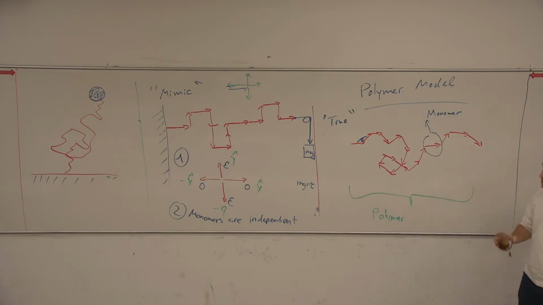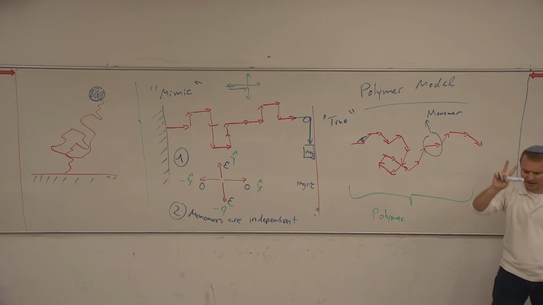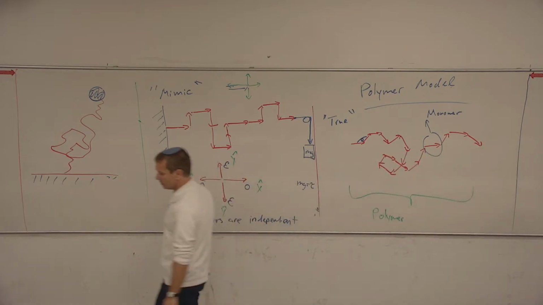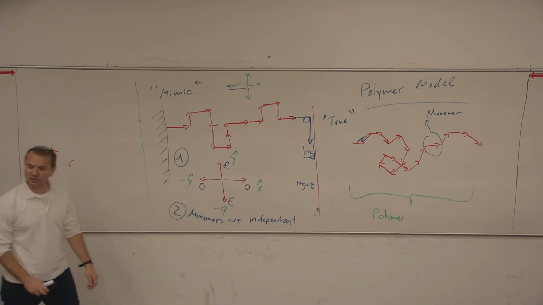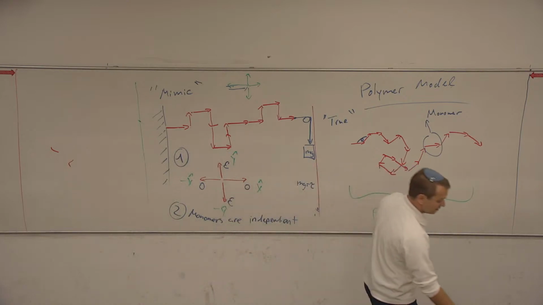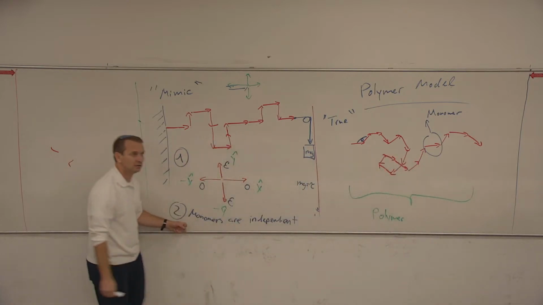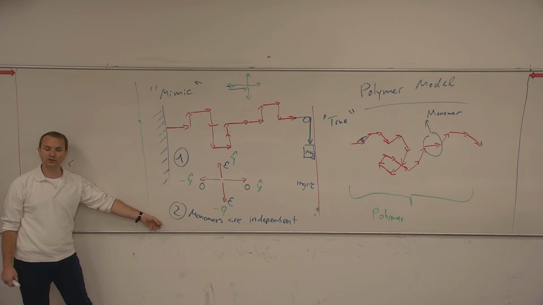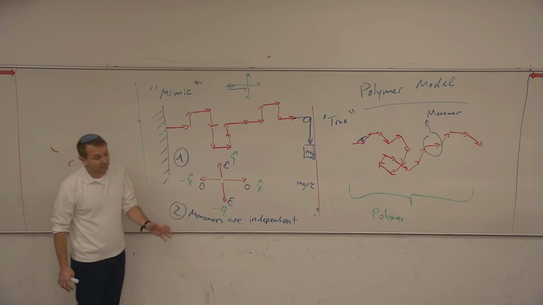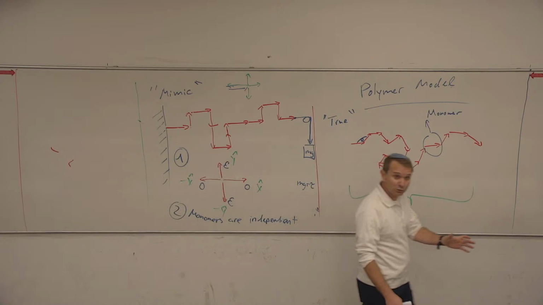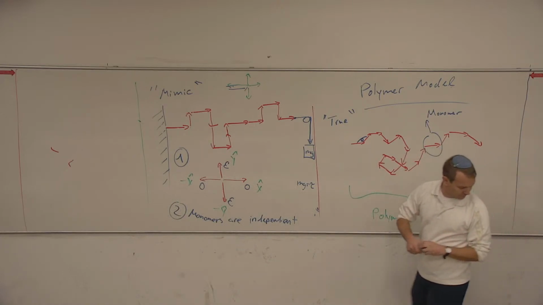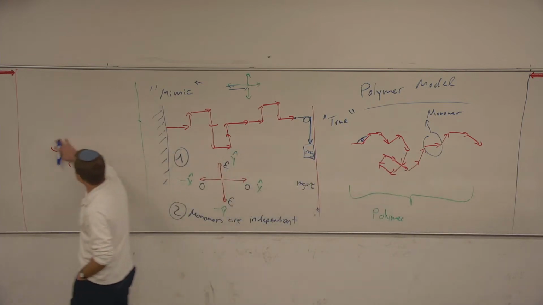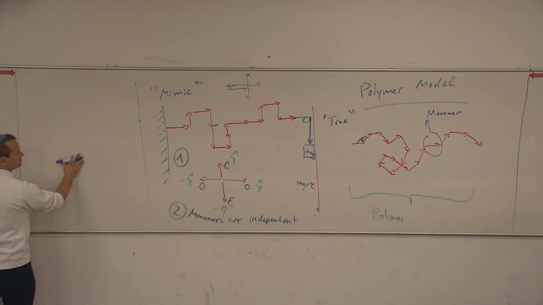Okay, so how do we solve this problem now? Remember two conditions: additivity of energy and the fact that in our representation the particles have to be independent. The second condition is already assumed in the problem, so this is fine. The only thing that is left is to find the proper representation of the energy. So what is the proper representation of the energy of this system?